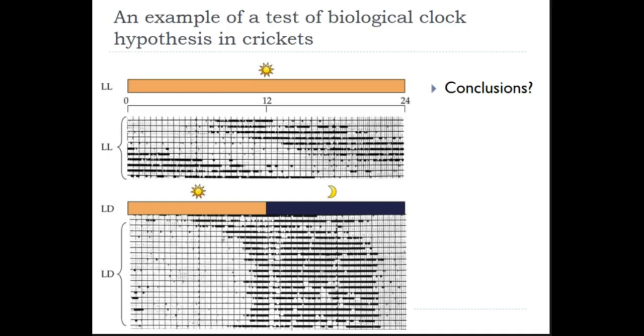Again, each of these horizontal lines is a day. I guess each of the vertical lines is probably some fraction of an hour. Crickets are particularly attractive for this kind of study because you can automate a lot of these processes. I've seen different kinds of rigs. Sometimes they have some kind of force sensor in the bottom of a little cage, and they'll have little cages for crickets, and they can do dozens of animals at once, which is nice because they don't need a lot of space.